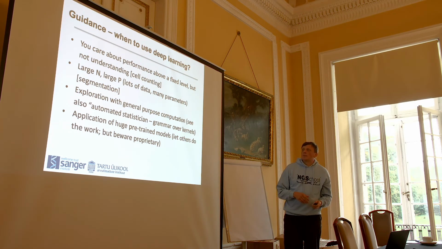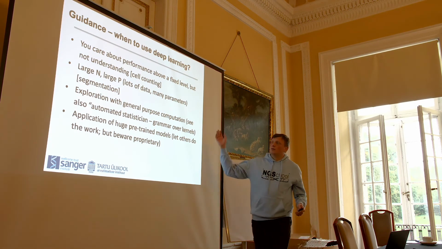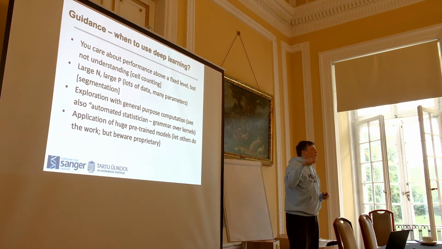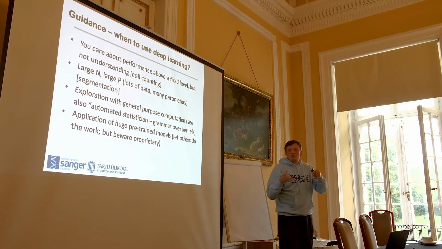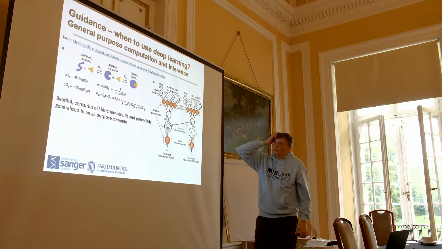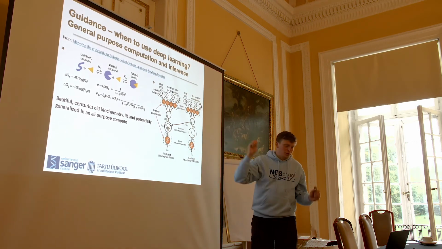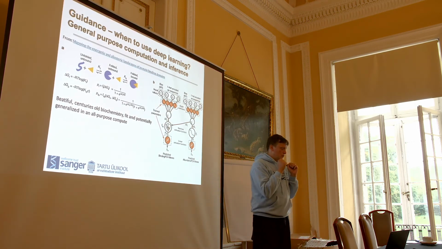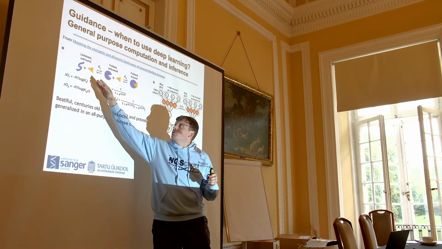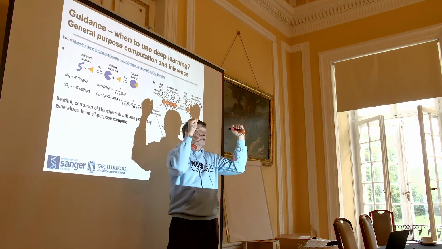The thing that I've been going on and on about is exploration of general purpose computation. You can also search for the automated statistician, which is a grammar around kernels, and it automatically writes reports about data, which is great. But an example was in a recent paper from Ben Lehner's lab. They were using deep mutagenesis of protein folding, and they write out this beautiful biochemistry. You have a protein that's a ligand binding.